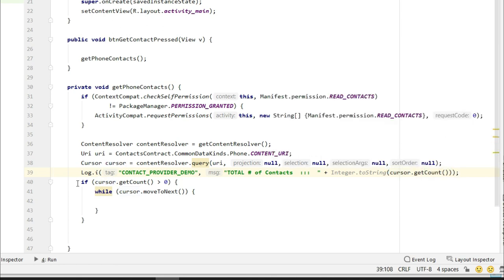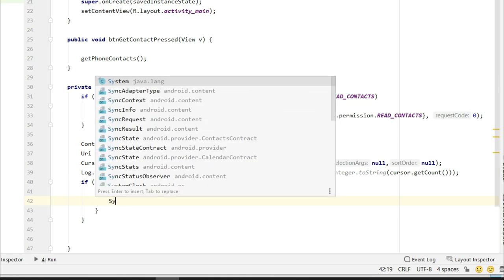So here we have printed a log and we have got the total number of contacts received from our targeted application. Now from each row we have to extract the contact name and the contact number. Let's do it.